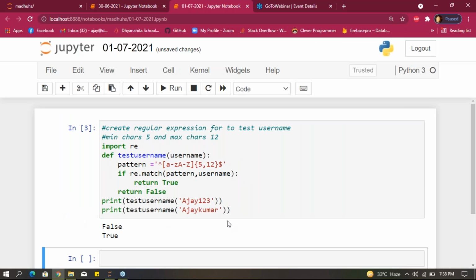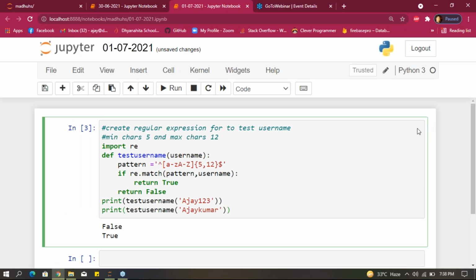This example, understood? Understood this example? If you understood, please note it down. Clear, Amma?